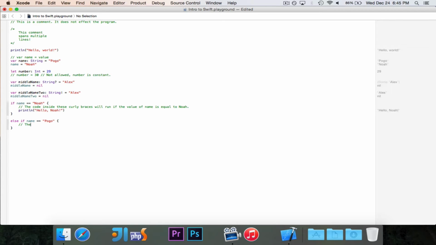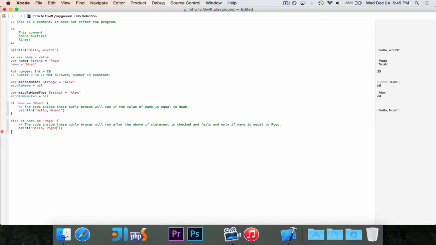The code inside these curly braces will run after the above if statement is checked and fails, and only if name is equal to Pogo in this case. So in this case, we'll go ahead and print out